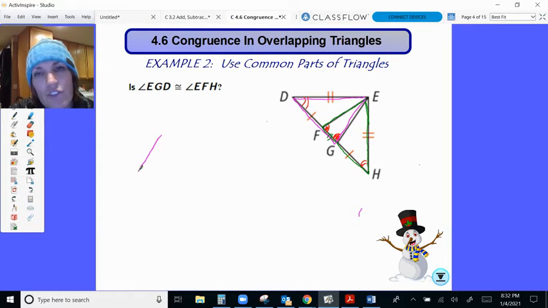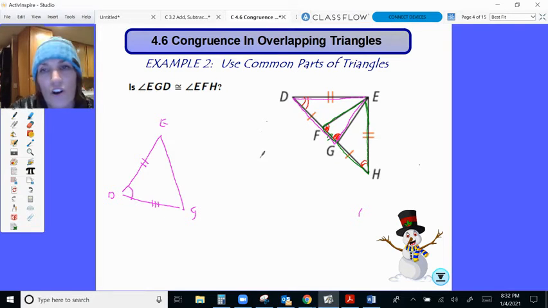If I need to draw it out, I would draw my D, E, G. My G is what we're trying to prove. I know that my D is congruent. I know that my DE is congruent. I know that F, or my DG, by segment addition is going to be congruent to each other. Over here, if I have my triangle here,